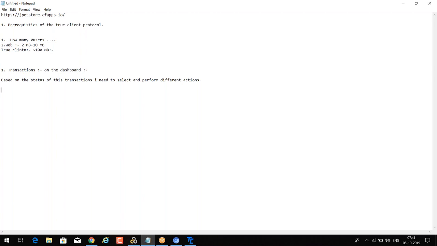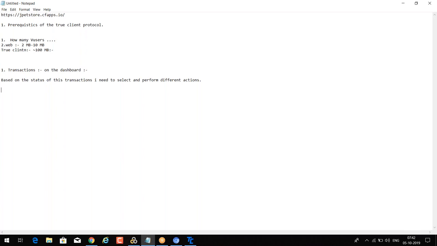So dashboards show the overall progress of the applications, like how many records. It is a kind of front view of the database where you can see the number of records pending and in progress.